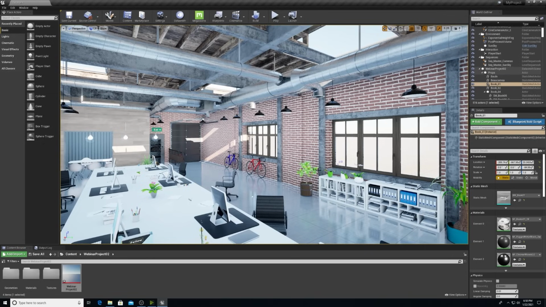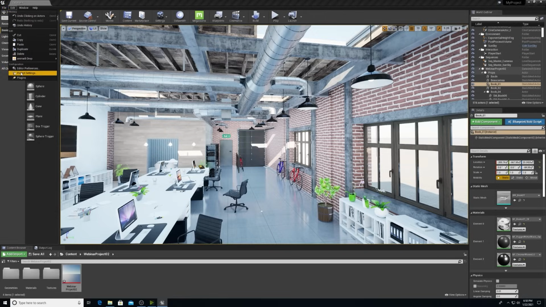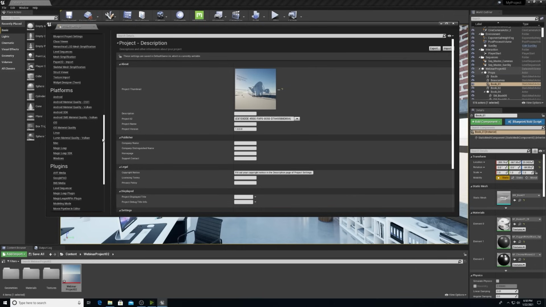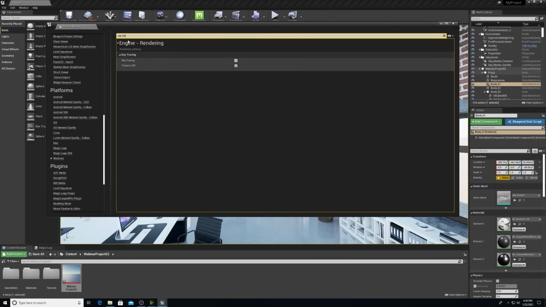To get started, I'm going to turn on ray tracing. I'll go to the top left-hand corner, hit Edit, Project Settings, and then I'm going to look for Platform, Windows. I'm going to be looking for this DirectX 12 under Default RHI. So this is the rendering hardware interface that will work best for ray tracing. I'll then search at the top bar for ray tracing, and I'm going to make sure that this is enabled here. So if you followed Martin for setting up the project, these should already be set.